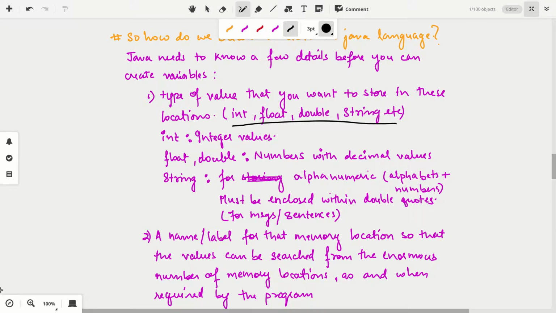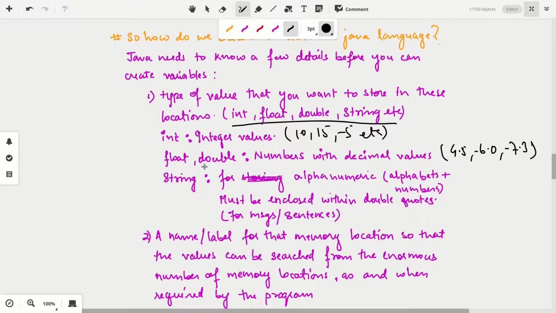If you want to store 10, 15, -5, etc., such values you need to specify as integer types. If you want to store values with decimal points like 4.5, -6.0, 7.3, -7.3, etc., then you will declare that you are going to store either float or double type. Both will be equally good.